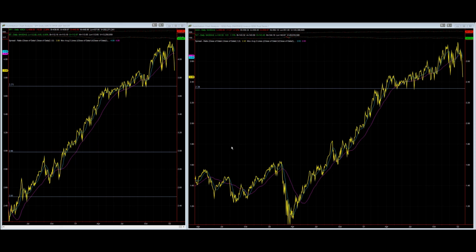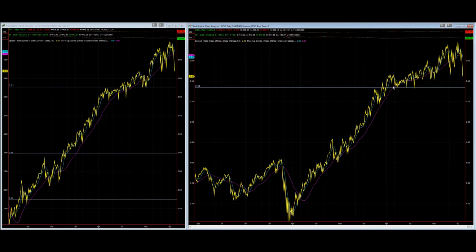So to me, as long as SPY over IEF can really not correct any more than this kind of level, 371, and as long as QQQ over TLT can't really go below 234, which is the levels that basically we've held since the middle of last year, all that will have meant is that we've had a healthy correction in the market, and then we can start retracing upwards. And this is also the reason why I think we will revisit the scenes of the crime in the indices of last week. I will examine what those levels are in detail,